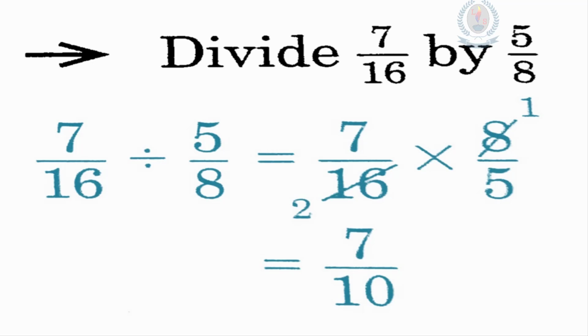So when you convert that, 7 by 16 multiplied by 8 by 5. Here children, you can see the difference. In the question you have 5 by 8, but when you are multiplying, it turns upside down, 8 goes up and 5 comes down. Now, in the same manner that we have studied earlier, the first fraction denominator and the second fraction numerator can be simplified by 8. So, the answer is 7 multiplied by 1 over 2 multiplied by 5. So, the answer is 7 over 10.